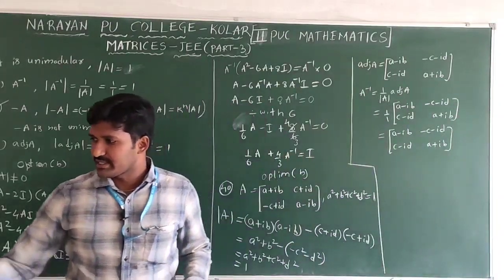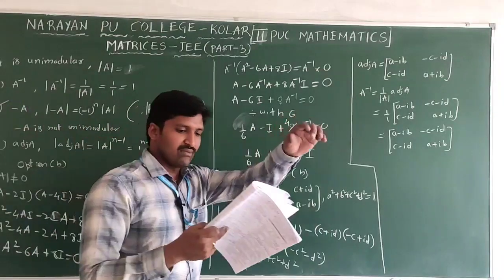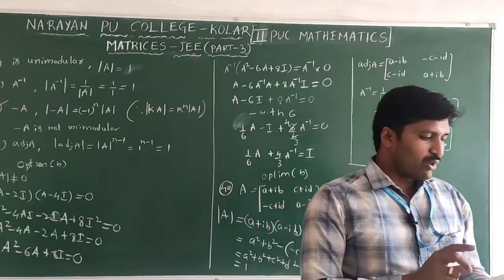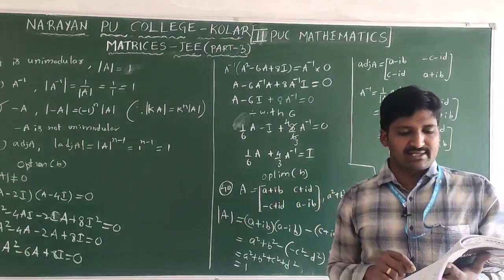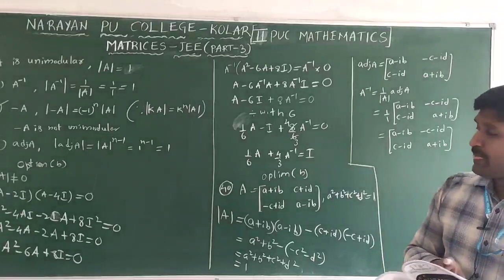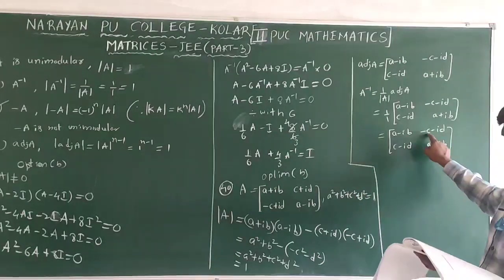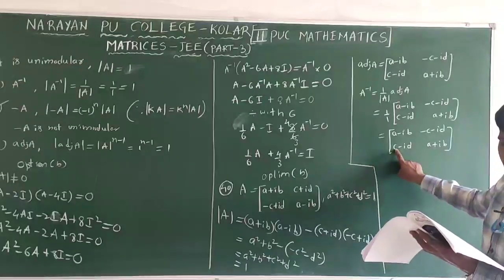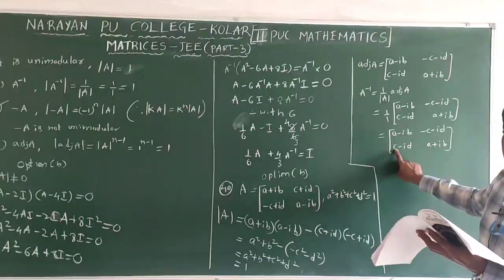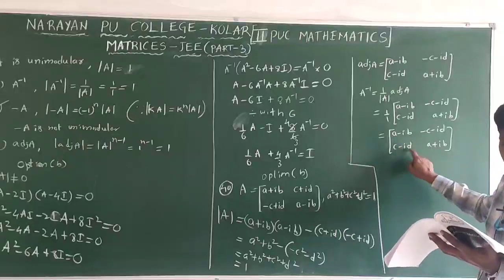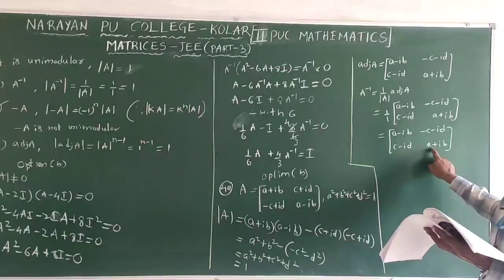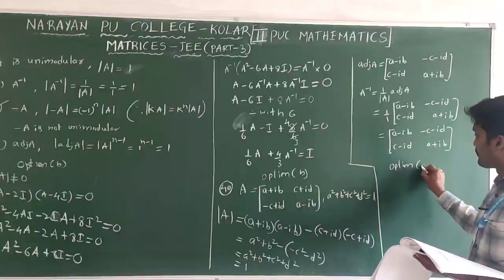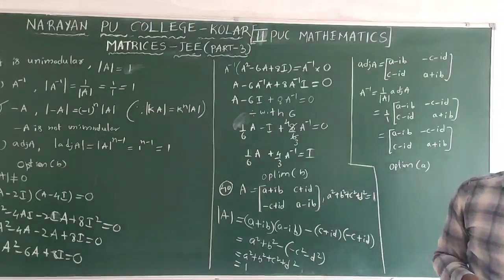Now which option is correct in this? All of you see once, they made some mistake in this. If you want the exact option as per the given key answers, change option A. Option A: A minus iB, here minus C minus iD is correctly given. The third element, all of you change: they gave minus C plus iD, change that into C minus iD, and the last one is A plus iB. That's why, option A, all of you change. Option A is the correct one.